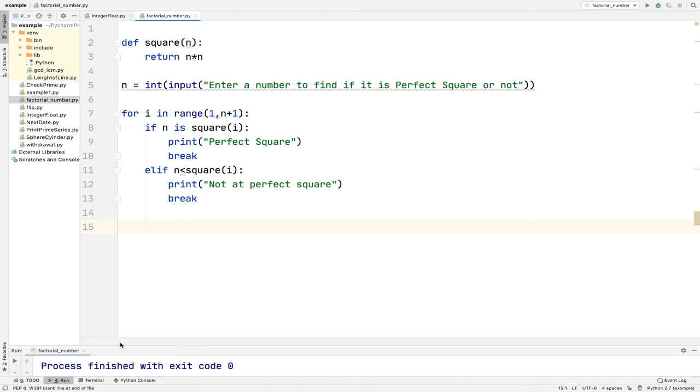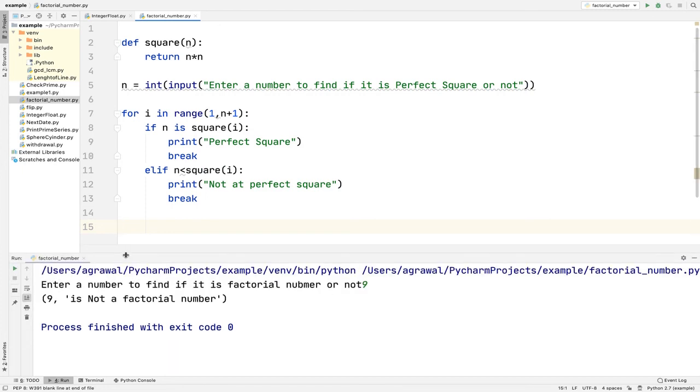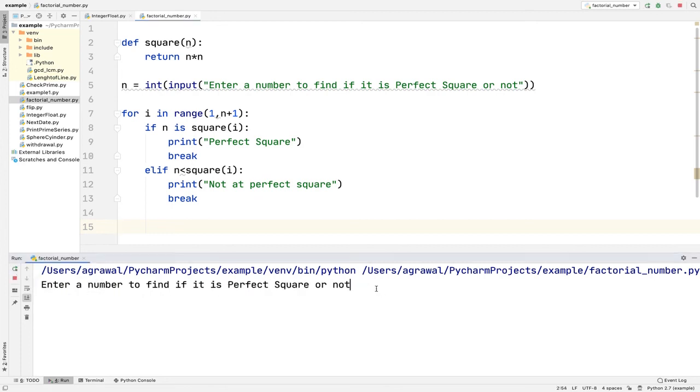Okay, so now let's execute. I have shown this example because this also works on similar ground as that of factorial number. So now execute this program. We know that 4 is the square of something, so it is giving me perfect square. Now I will execute it with suppose 25. 25 is also the square of something, it is the square of 5, so it is giving me this. Now I will enter 24. I know that 24 is not the square of any number, so it is giving me not a perfect square. Similarly, if you enter 9, it will give you perfect square. And if you enter 10, it will give you not a perfect square. So this is how the program looks.